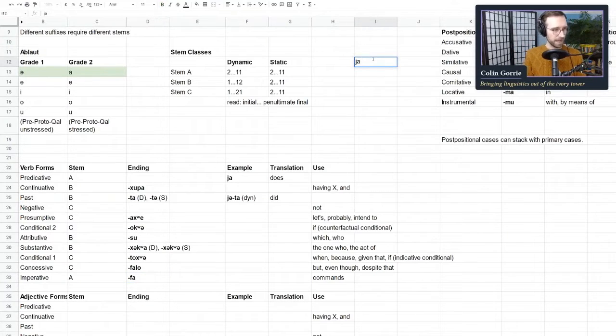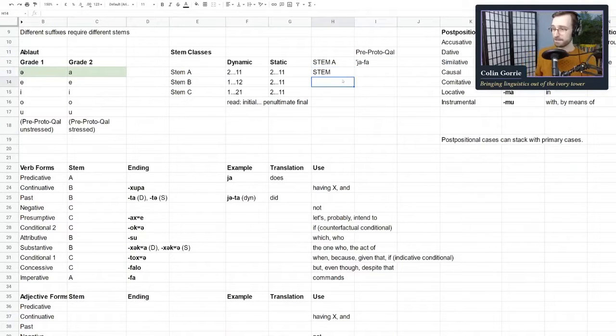So we have a pre-proto form, yafa, with the stress here. Oh, there we go, something like that. So this is stem A. Stem A, whenever something is in stem A, it has initial stress in pre-proto. So this is pre-proto. Stem B